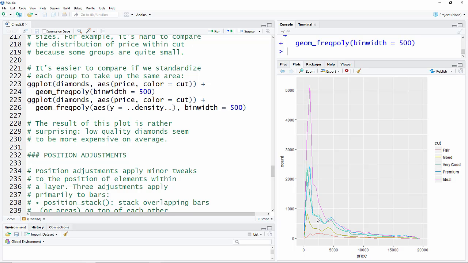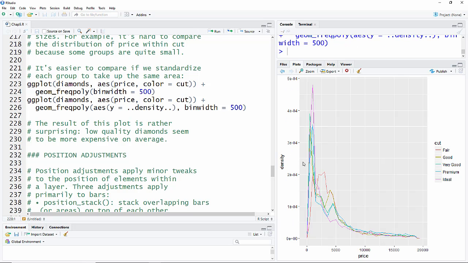But these relative heights do not reflect proportion of these different groups because there are different numbers of total diamonds within each of these 5 cuts. So now, if we use density instead of count, it normalizes or makes them all equivalent in terms of their base in calculating the proportion, not the absolute count. And so now you see that